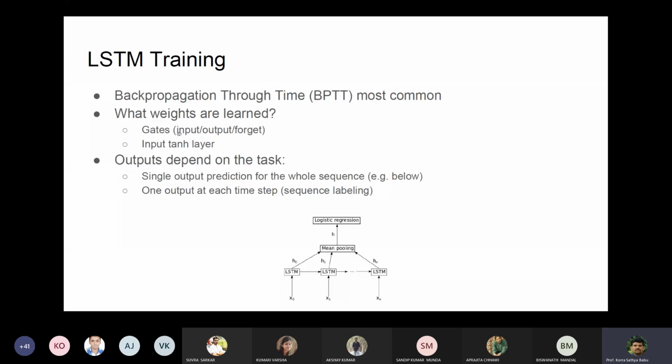There also we need to change the weights. Also, the input with respect to the tanh layer we need to change. Output depends on the task, what type of task we are using it for, whether it is a single output prediction for the whole sequence of inputs, like, as I said,